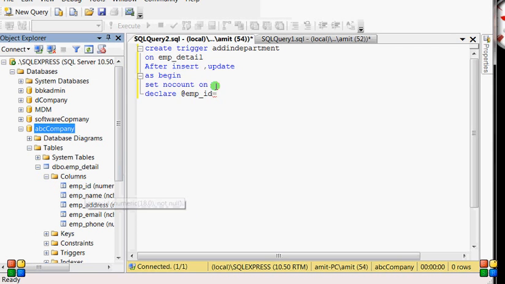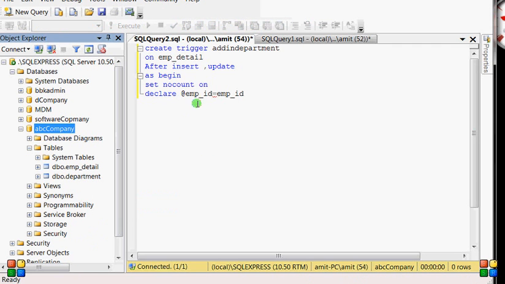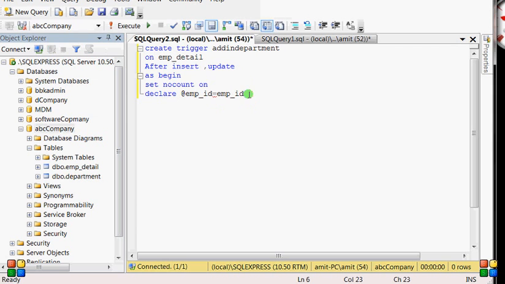So what we put into employee ID will automatically come in and be assigned into employee ID. So declare employee ID numeric, because it is also numeric, having integers.